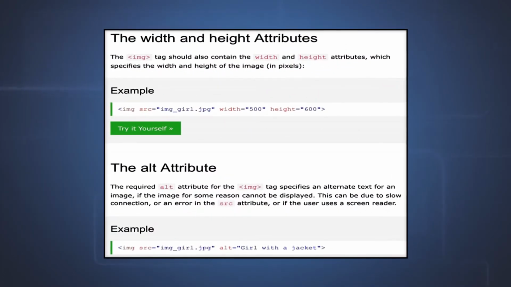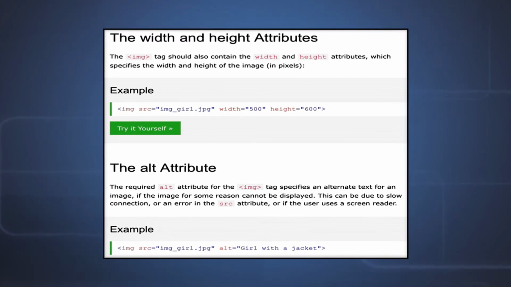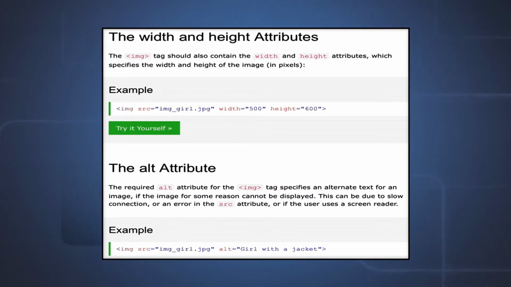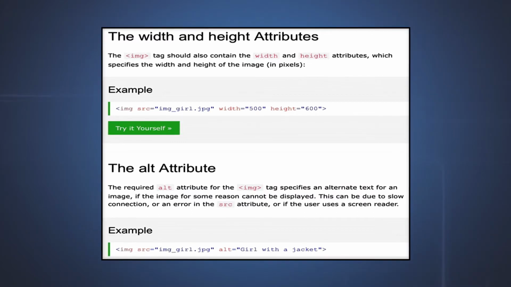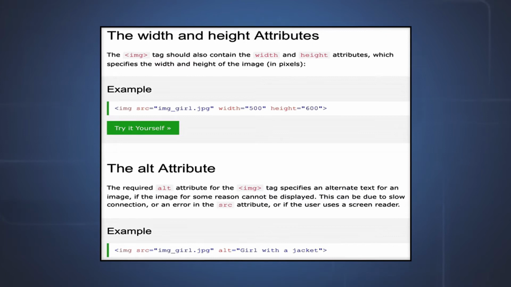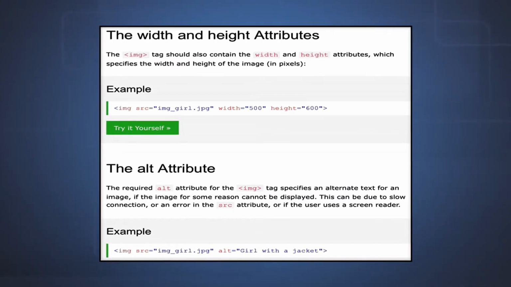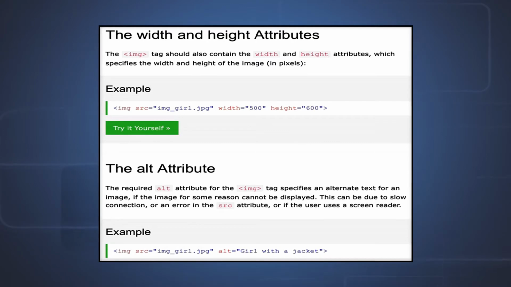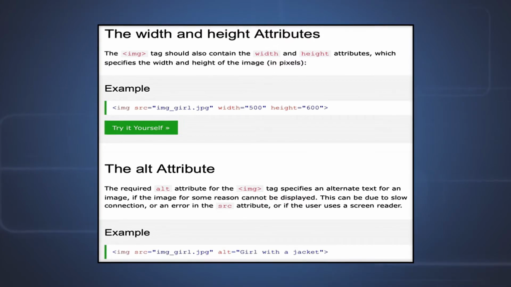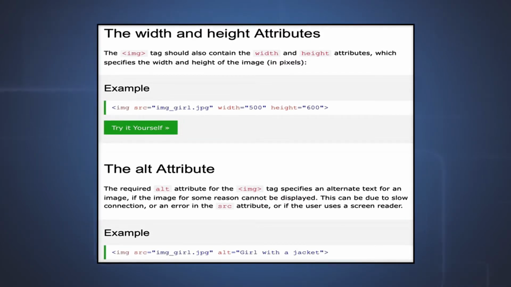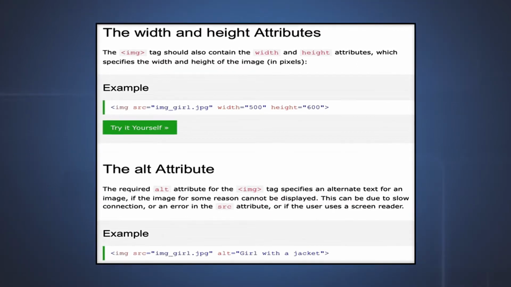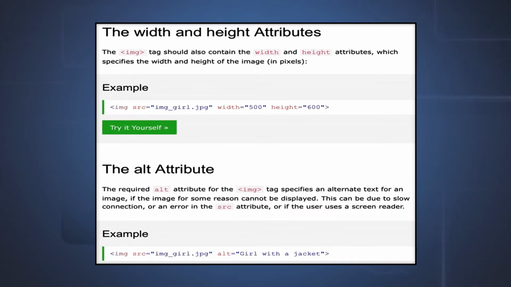Then if we consider an image, there are height and width also that need to be mentioned. So for that we have a separate width attribute, we also have a separate height attribute. For example, I can say img src is equal to, within double quotes, the name of the image or path to the image, space, width is equal to, between double quotes, I can say 600. It means that I am indicating that the width is 600 pixels, and then height is equal to, within double quotes, I can say 800 pixels. So this will be accordingly displayed on the web page.